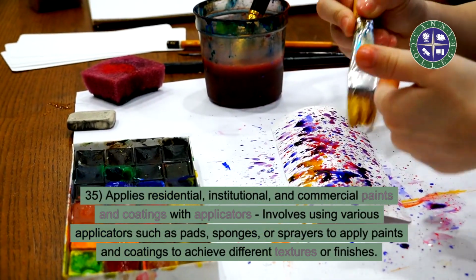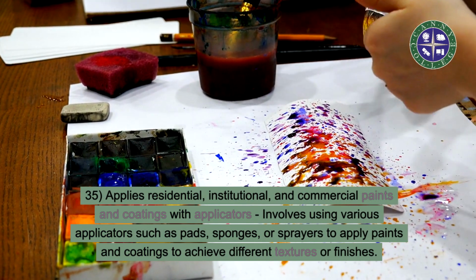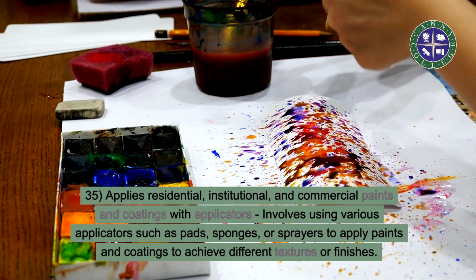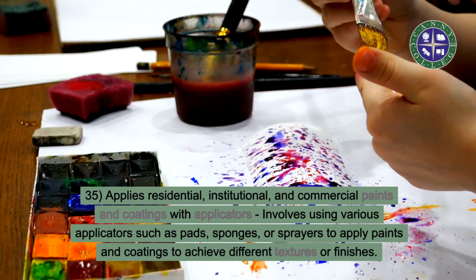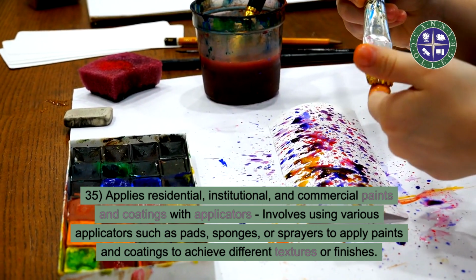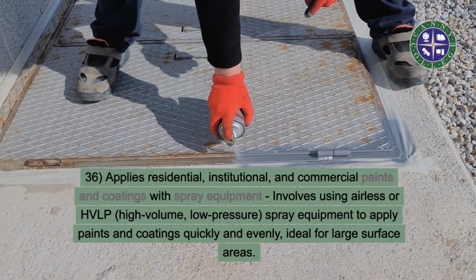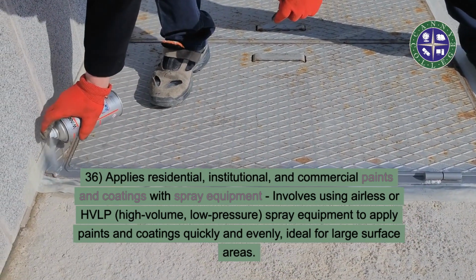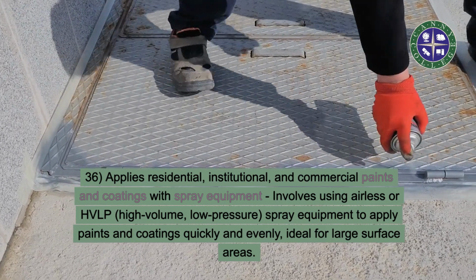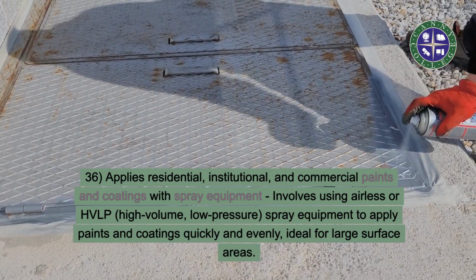35. Applies residential, institutional, and commercial paints and coatings with applicators. Involves using various applicators such as pads, sponges, or sprayers to apply paints and coatings to achieve different textures or finishes. 36. Applies residential, institutional, and commercial paints and coatings with spray equipment. Involves using airless or HVLP, high-volume, low-pressure spray equipment to apply paints and coatings quickly and evenly, ideal for large